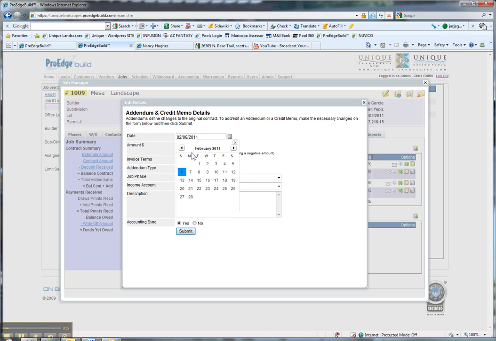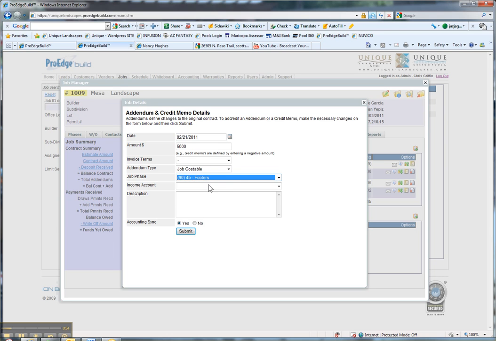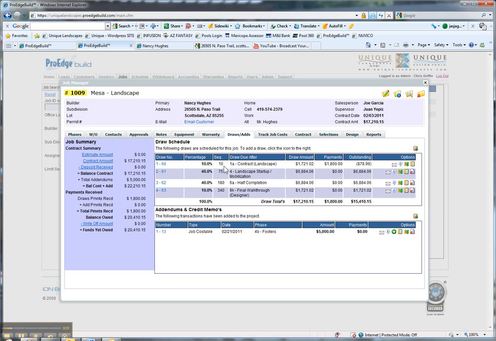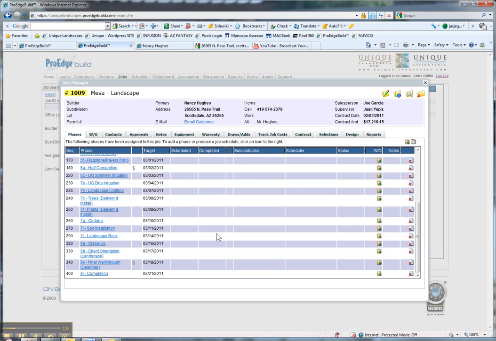Let's say we are starting this job on the 16th, and on the 21st she adds a $5,000 change order, and we are right after footings. So that's the phase that we want to add this change order on. We're going to sync to accounting. I think that should actually work. If it hasn't been paid, and we come over here to the phases, and we get all the way past this, so we schedule this, and it should show up,